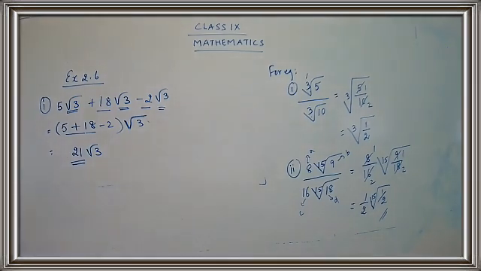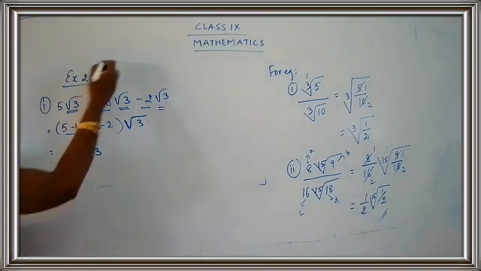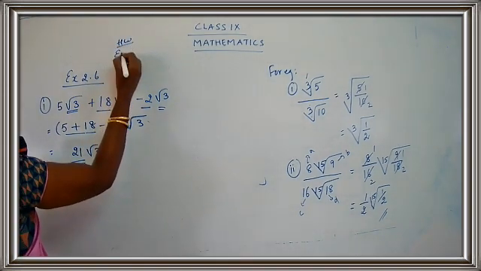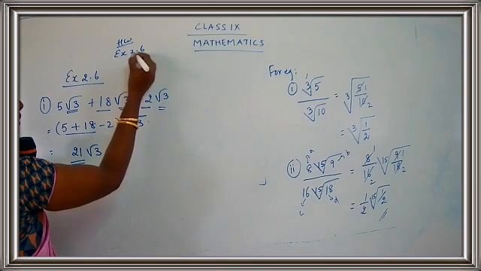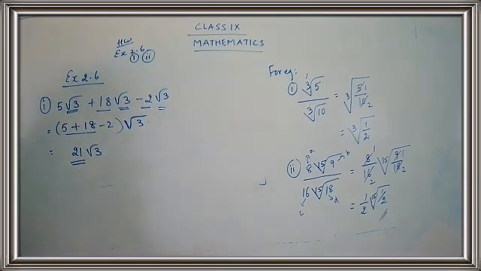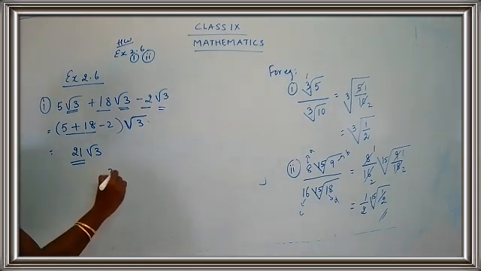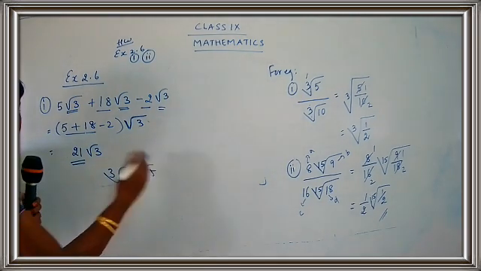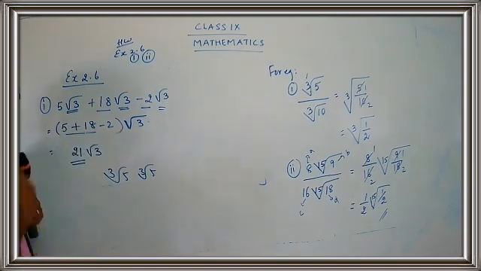Now I'll just give you some homework, children. You're going to complete the second subpart. Homework. Exercise 2.6, question number 1, the second subpart, okay? What is the second subpart? 4 into cube root of 5 plus 2 into cube root of 5 minus 3 into cube root of 5. So cube root of 5 is common everywhere. So you can just perform the same manner. You collect all the coefficients and then you do the calculation part. Okay, children? So only one sum is there for homework.